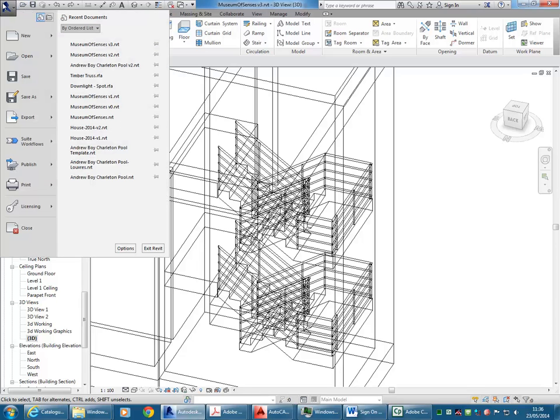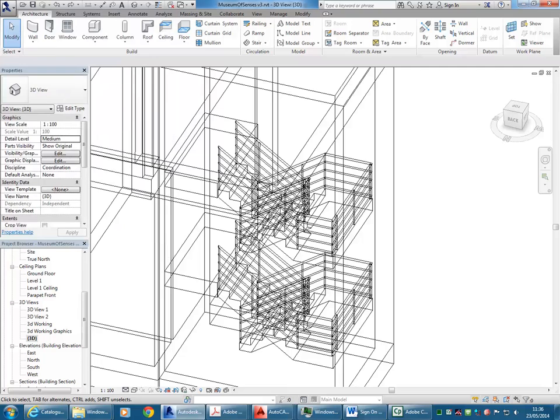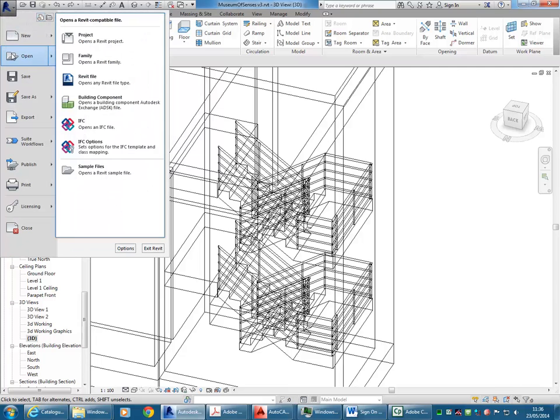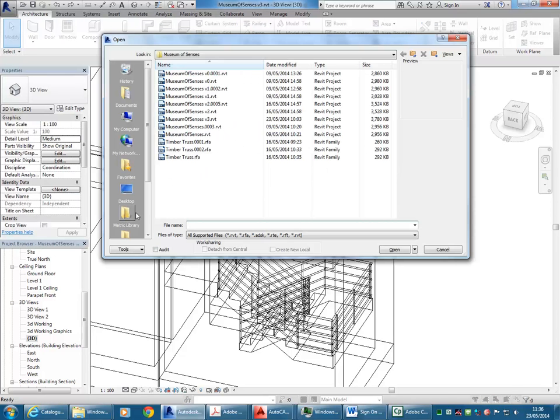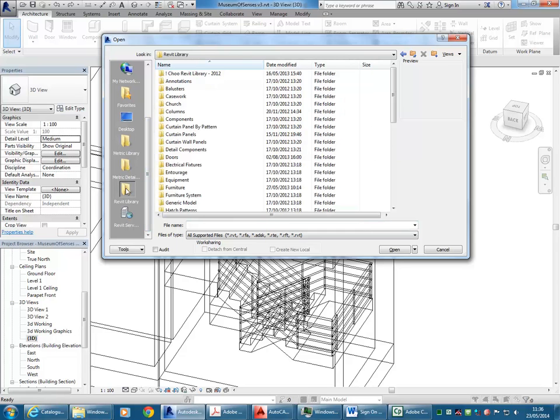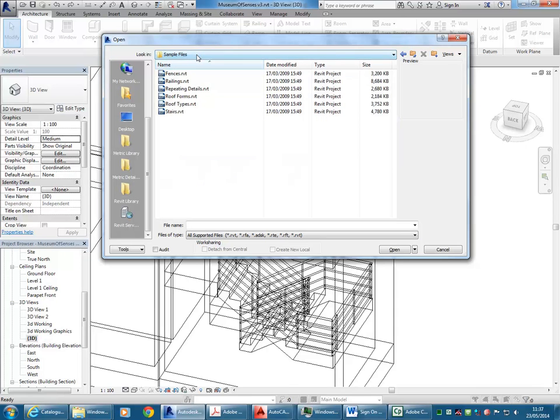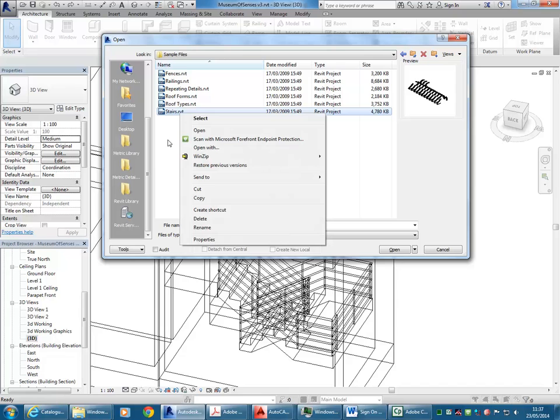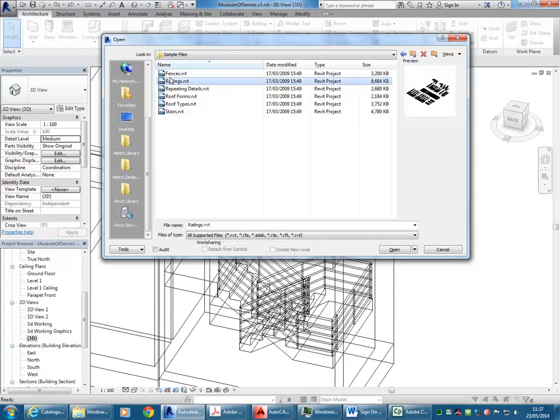Stairs and railings have one rule: you can't load them. You've got to use open. I'll keep repeating this, so try to remember it. Main menu, open, browse, not to the main metric library, but the Revit library here, and then you'll see sample files. It has the new versions of things, which for railings is fine, but for the stairs will cause some problems. Next week when I go through it all, you'll see why. So anyhow, with the railings file,